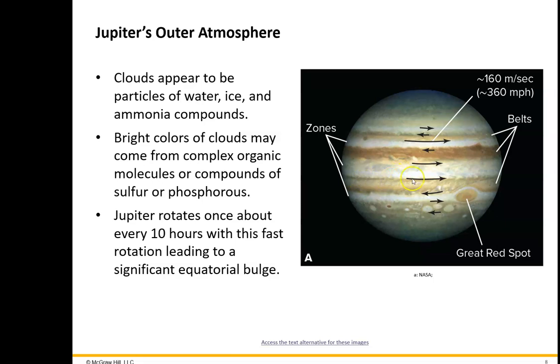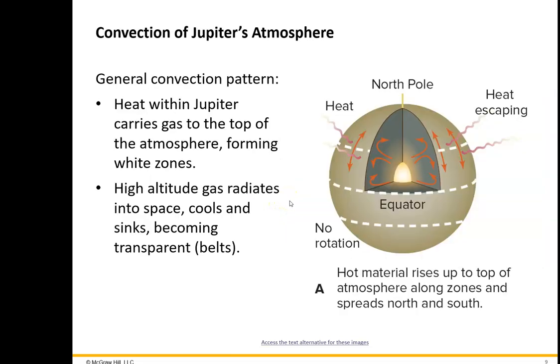And so if you watch the center, and there are certain formations that occur there, and you watch it over time, it takes roughly 10 hours for Jupiter to spin once around on its axis from the center. Of course, it takes less time when you get towards the poles, but that's just because it's not a solid. All right, so